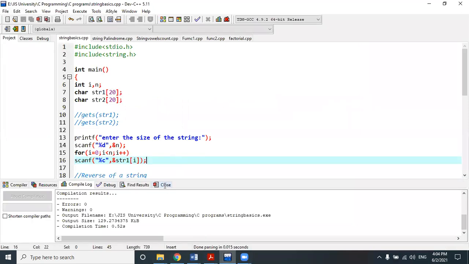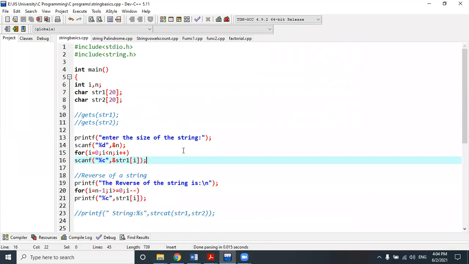So if you remember, in the last class I already showed how we can calculate the length of a string. That means how many characters or alphabets a particular given input string is holding, that it will return. Then I showed the program of how we can perform the copy of two strings. That means you are copying one string into another string. Okay, how we can perform character by character copying, I have shown in the last class.